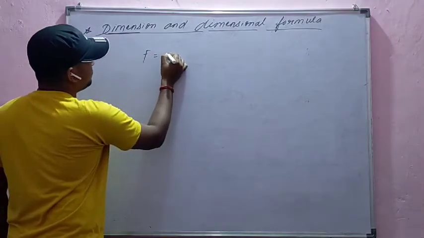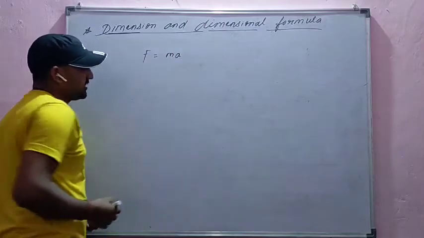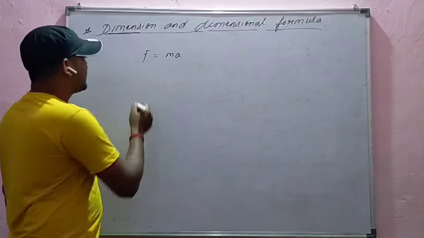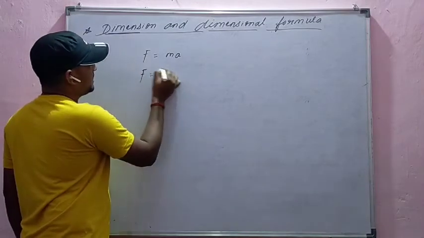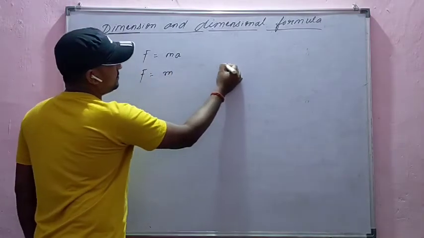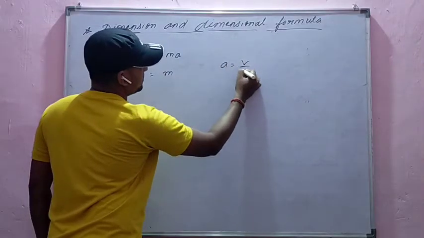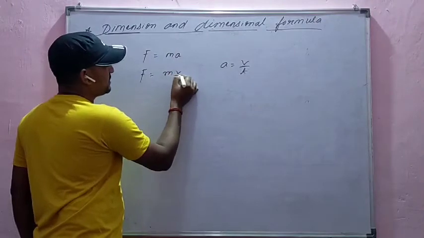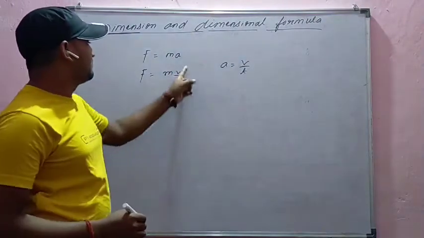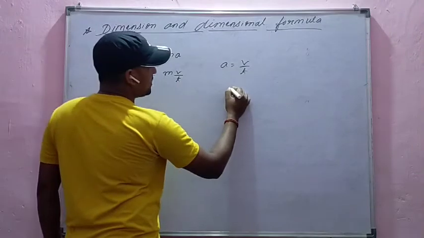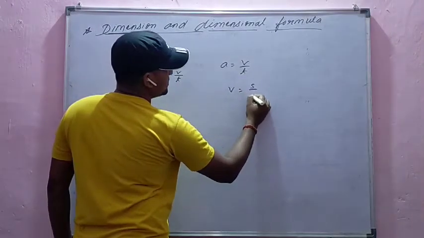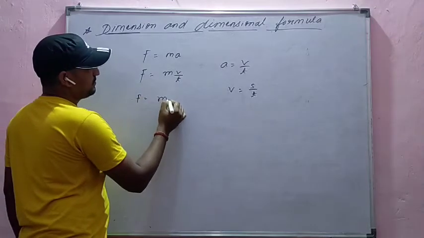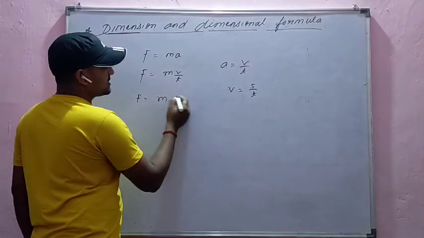होता है। व्हाट इज द फार्मूला ऑफ फोर्स? m into a. As you know that the formula of force is equal to m into a. You can write this force formula, this m, and the value of a is equal to what? V by t. You can write this at the place of a. Therefore it will be v by t. You also know that v is equal to displacement by time. Therefore you can write here what? M, and at the place of v, s by t,